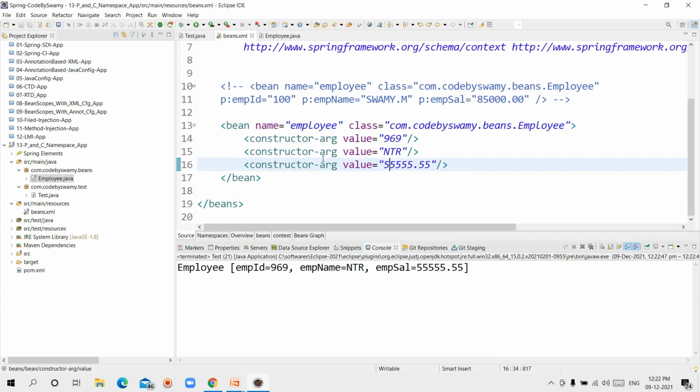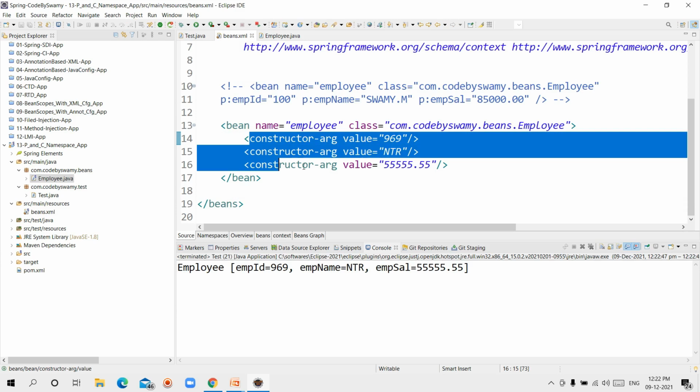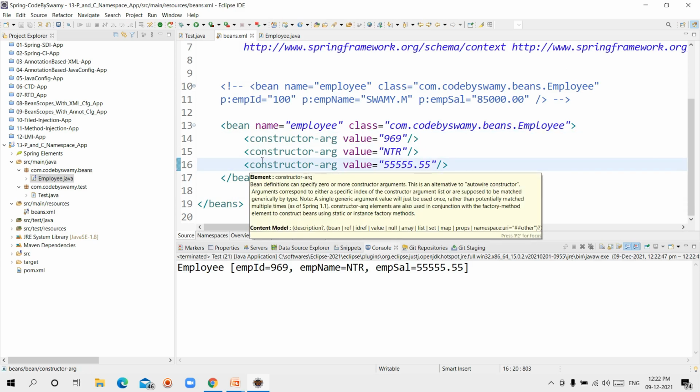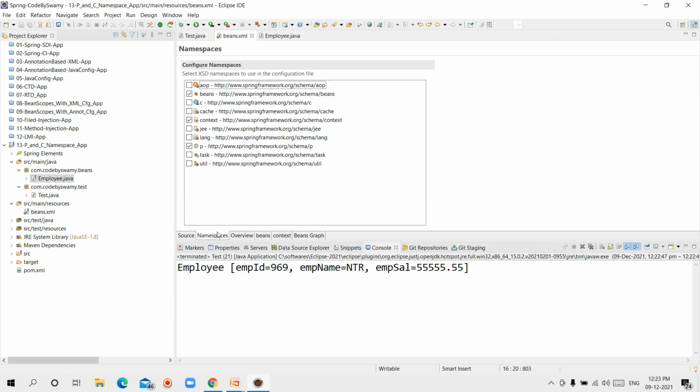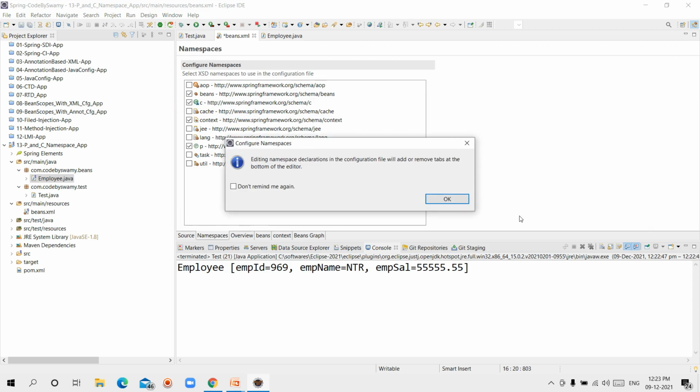But I don't need it like this. Here I am writing the lengthy constructor-arg tags three times. For that I need the c namespace. Same as previously, I am using namespaces. I am going here and selecting the c related namespace. I am choosing this. Click here.